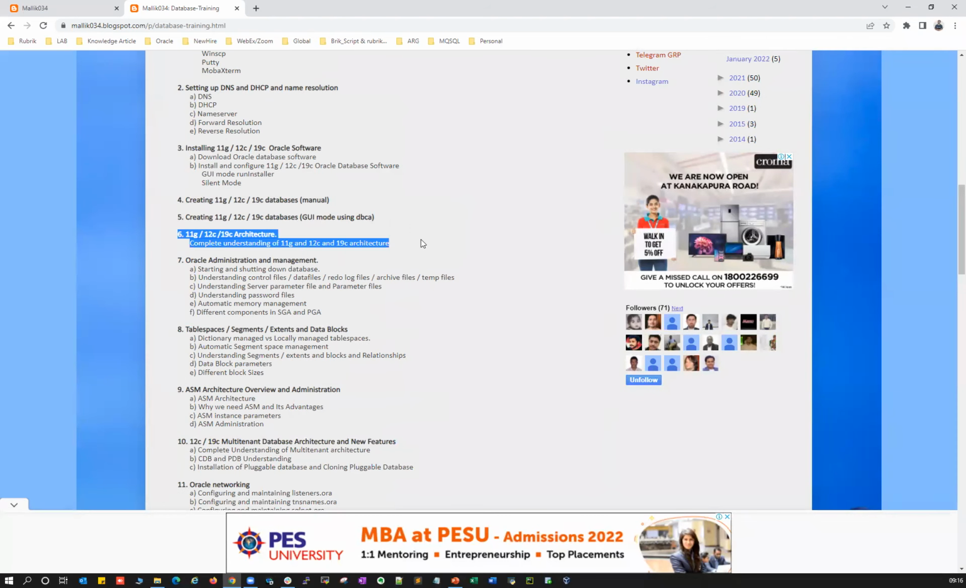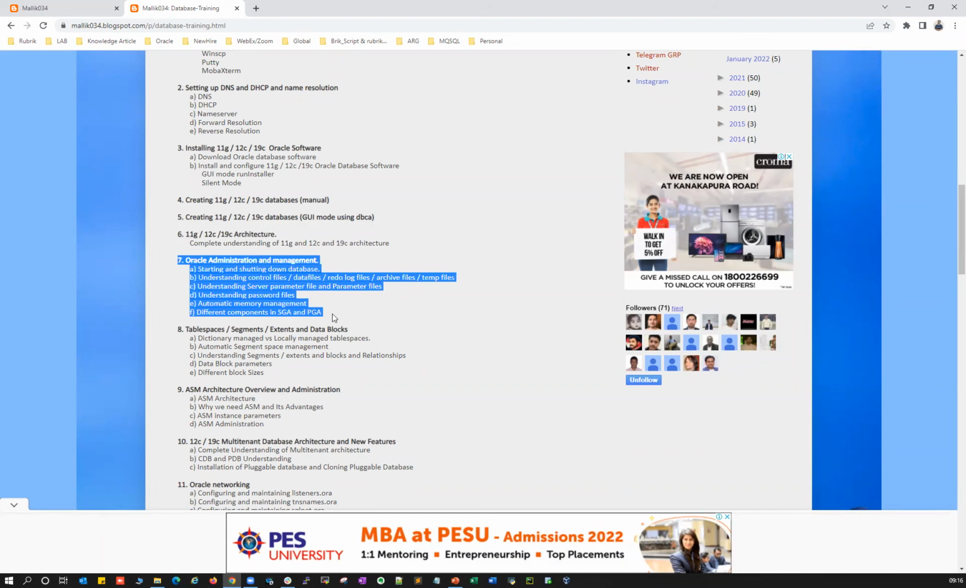And then once we understand the architecture with differences, and the basic core concepts of our database architecture with 11G, 12C, 19C, we'll start with our actual database administration concepts, where we can deep dive into starting and shutting down my databases. What is the P file, control file, redo log files, data files, archive log files, temp files, what are the SP file and P file, what is the password file, what are the memory components, how SGA and PGA will be allocated, what is my database instance, what are my data files, what are my tablespaces,